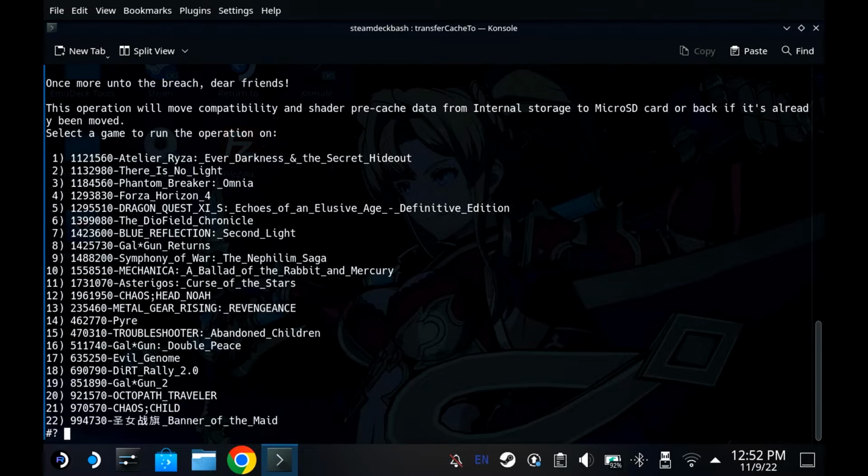This is just because of the way that Bash builds arrays. It has to do with technical limits on Bash. I mean, I could probably clean this up, but I consider that a really low priority. It can still be read and it works, so let's go on. Anyway, so I'm going to choose game number 6, which is the DioField Chronicle. So I'm gonna type 6, press enter,